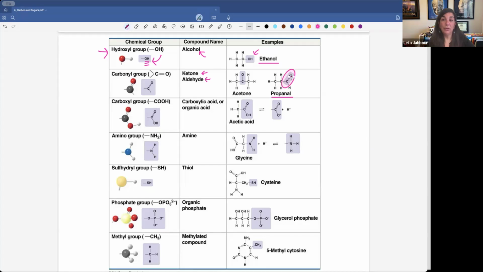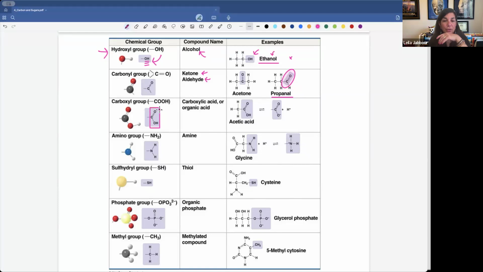We actually have the molecule called propanol. So that would have been a good one to add here as an example of an alcohol versus an aldehyde with a 3-carbon molecule. So this is an ethanol, and usually alcohols have OL at the end of their name. Okay. Carboxyl groups have this